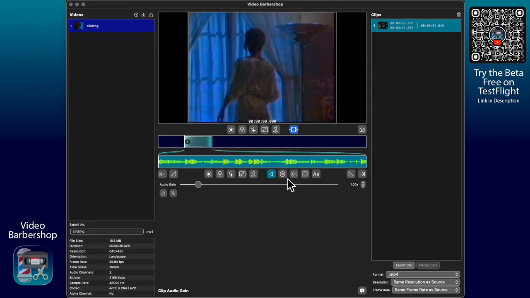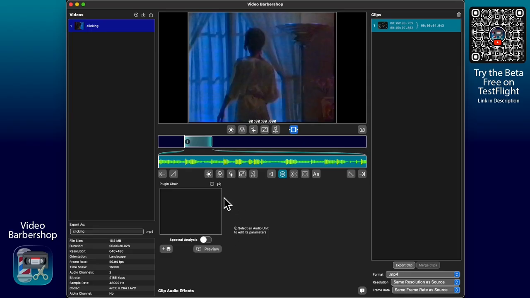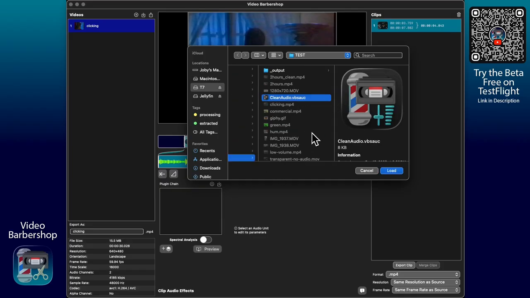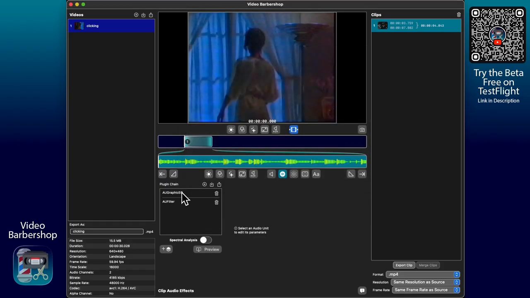Now I do have the Apple Audio Unit version 3 plugin chain, and in a previous video I discussed how you can save off a collection of settings. This one I used as an example of what I have to clean up audio, but what that actually means, and how you can create your own and edit your audio and visualize what you're actually dealing with,